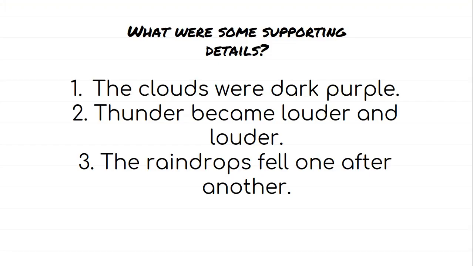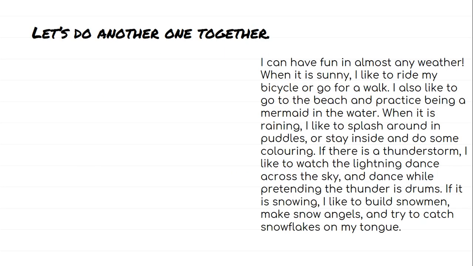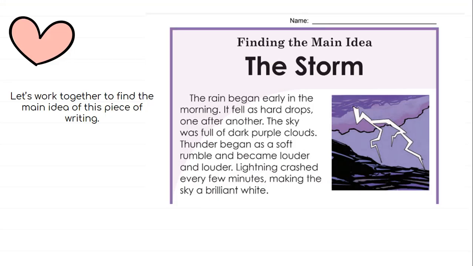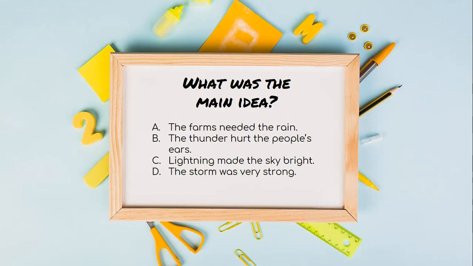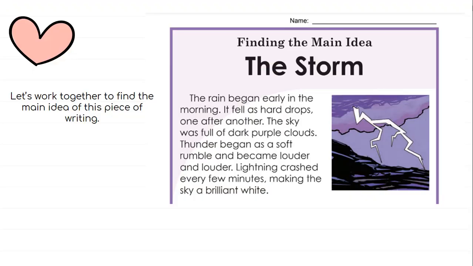And there are other supporting details. The clouds were dark purple, and the darker the sky is, the stronger the storm. The thunder became louder and louder, and raindrops fell one after another. So those are some supporting details that support that our main idea is about the storm being very, very strong,